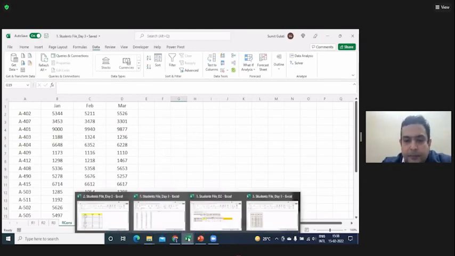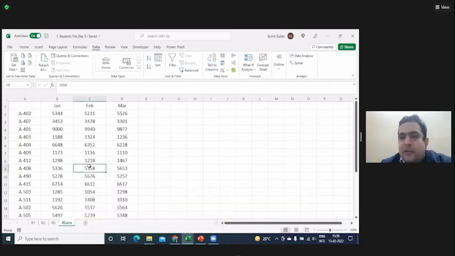Just to start with a very interesting tip, because this helps us a lot whenever we are consolidating data. I could have done this using VLOOKUP also, but VLOOKUP could not have been used in isolation, because the January, February, March order was changing. Had that not been the case, I would have used VLOOKUP. Because the order was changing, I had to use another function, which is MATCH, in between. I'll show you how to use INDEX MATCH and VLOOKUP, but otherwise this was not possible.